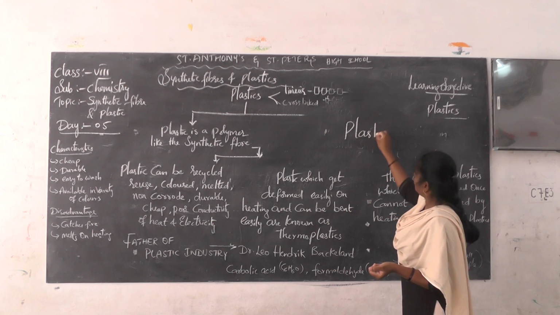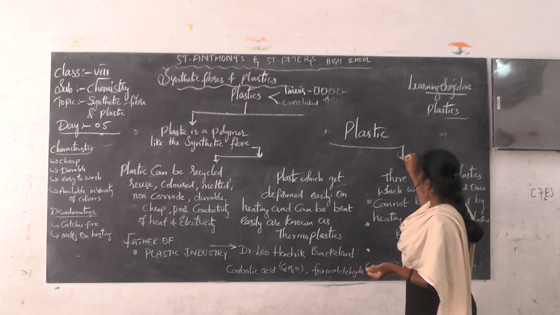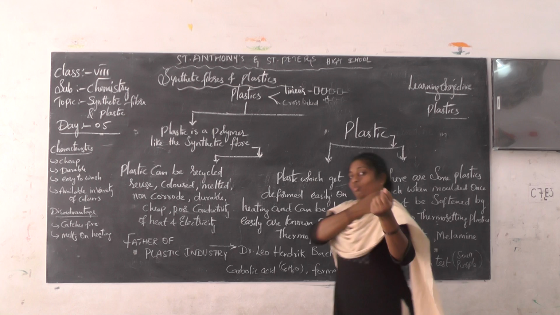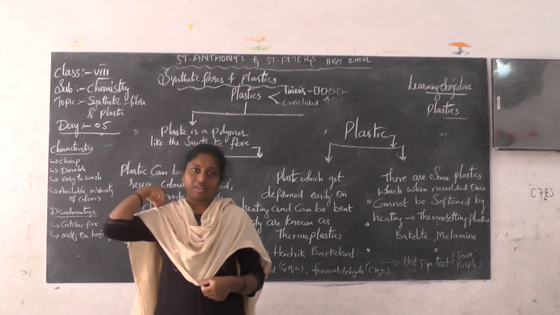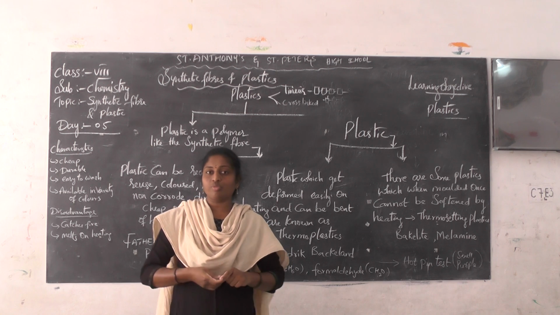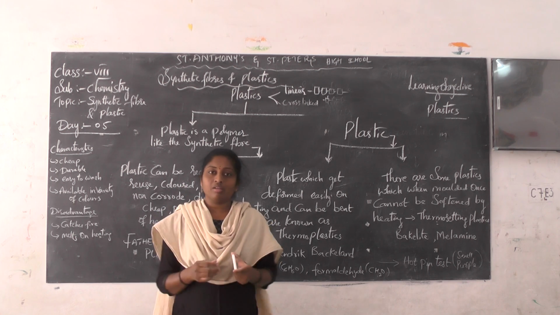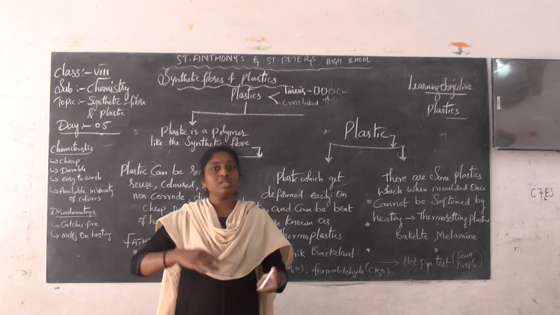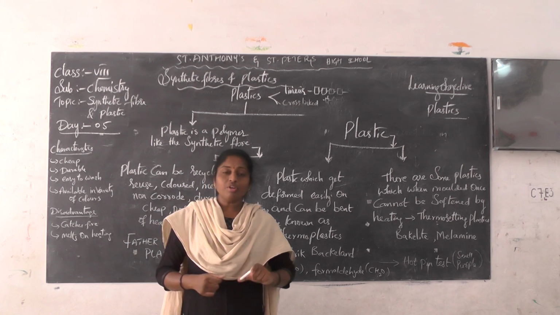So plastics are of two types. One is the ordinary plastic, one is the Tupperware plastic. Do you remember one thing? Let's take a general example. Suppose you bring a tiffin box to school. Your mother prepares sambar, and you are in a hurry to come to school because the time is already late. So what will your mother do?